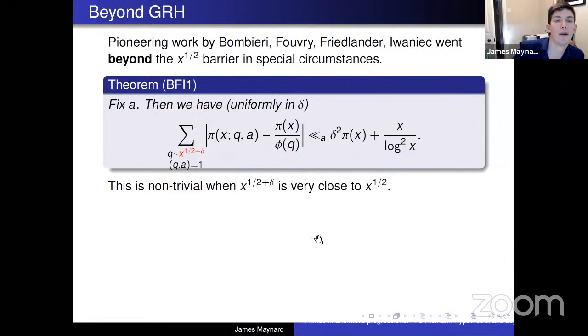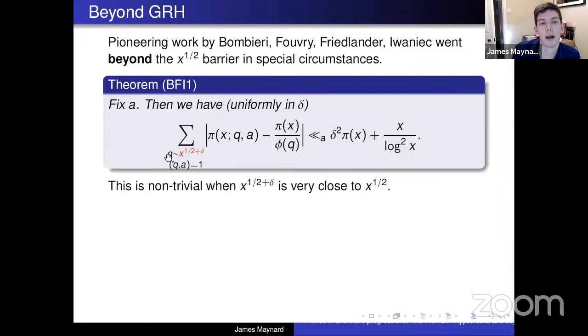And the first result was that if you were only ever considering primes in arithmetic progressions to a fixed residue class, and you were looking at moduli which were only a very, very small amount bigger than x to the 1/2, so of size x to the 1/2 plus delta, where we're really thinking of delta being very, very small indeed, then they showed that you could improve upon the trivial bound by a factor of delta squared. So if delta tends to 0 as x tends to infinity,